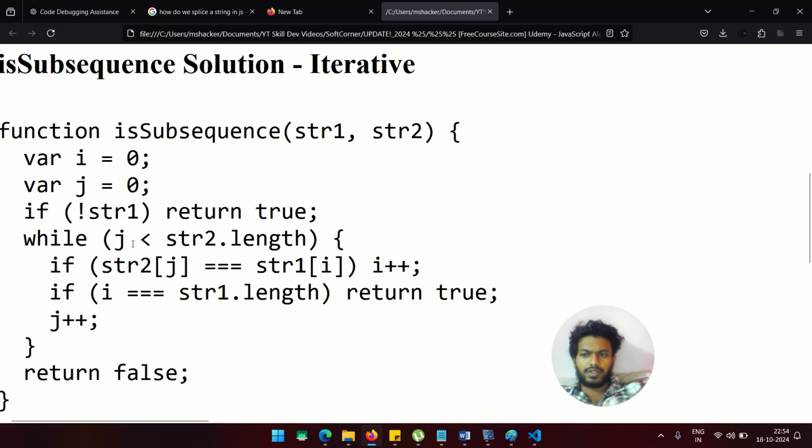It's saying if j is equal to 0, is string 2 dot length. String 2, according to us, is the biggest string, of course. So string 2 is the bigger string here, bigger or equal, but actually bigger mostly. They're only substring and they're not dumb. So anyway, if